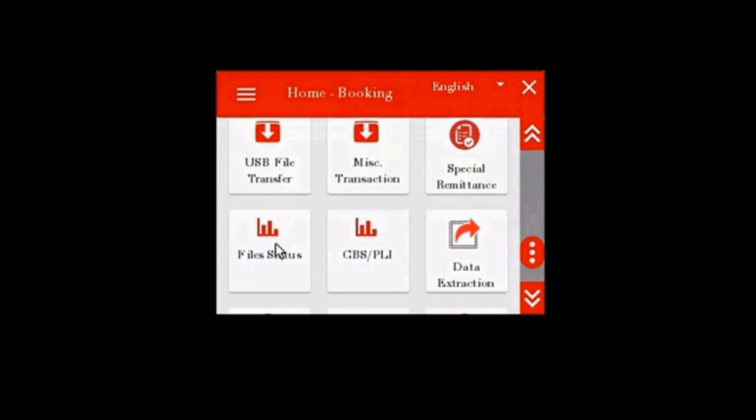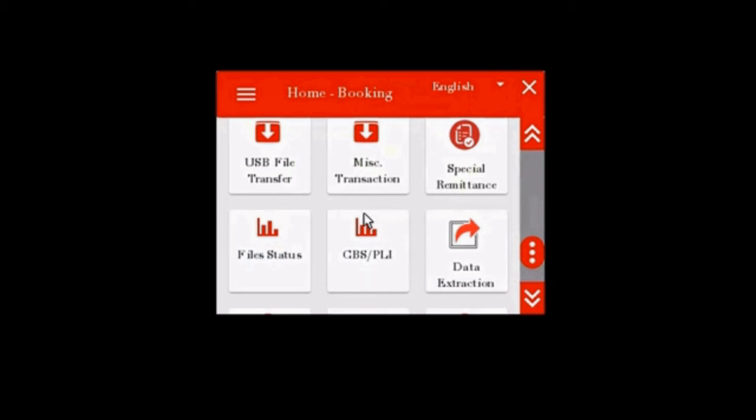One, uploaded, second, downloaded. Accordingly, dates can be chosen. After choosing the required date, if any file is uploaded or downloaded, that can be seen with status, that is ready to be uploaded and downloaded, or processed. If any data extraction is done, that will also project under uploaded tab.